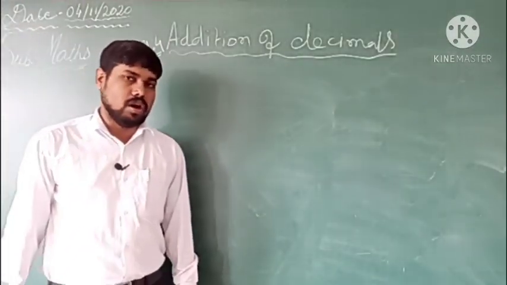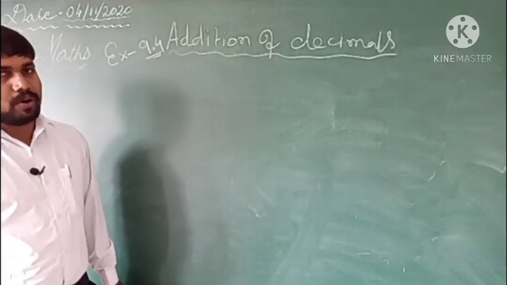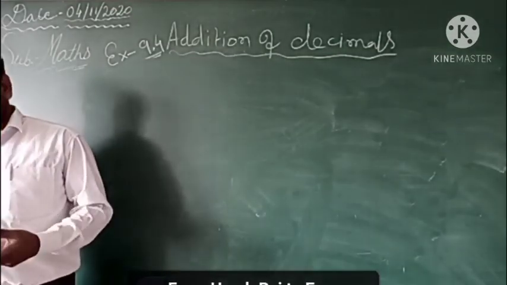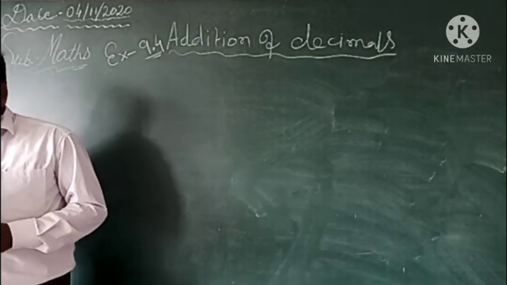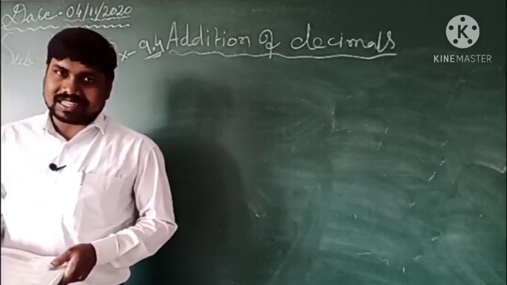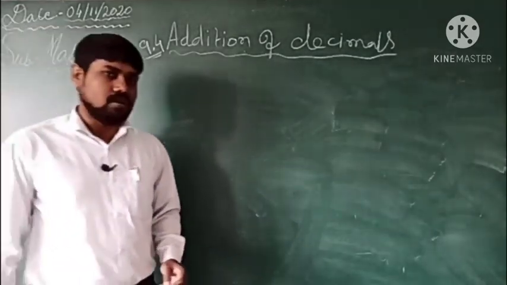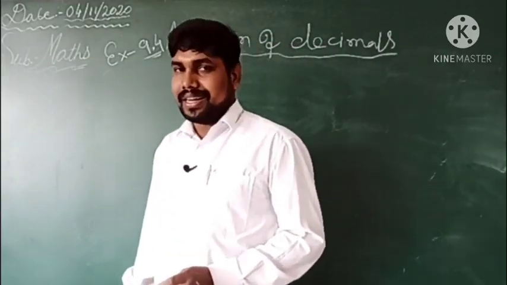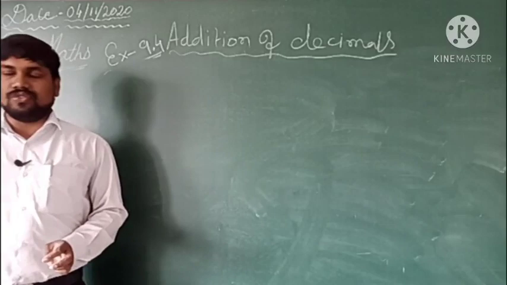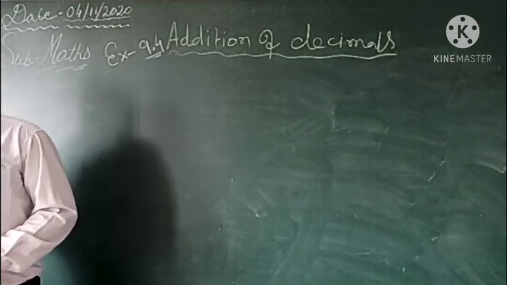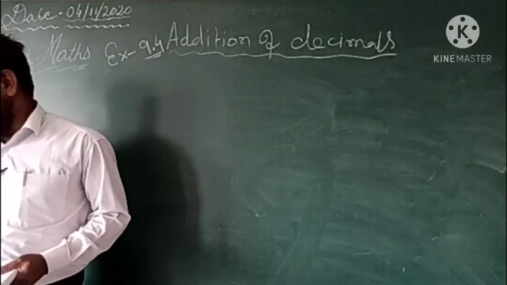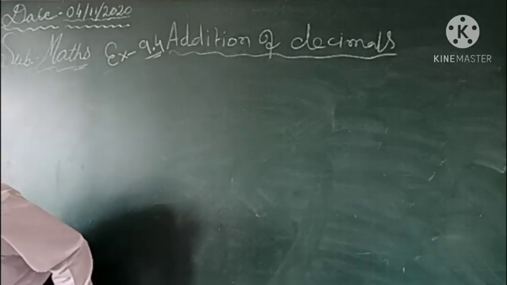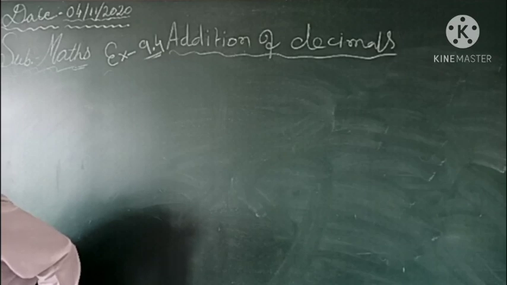Quickly go through exercise 9.4, and if there is any question which you think we should discuss, just quickly tell. There is a lot of space in this exercise, so you can do this exercise in your book also. There is space in the book too, you can make it in the book, okay? But neat and clean, it should be properly written, it should be visible. After the addition we have subtraction. So if you have understood, you can write yes, you understood. If you have not understood, quickly tell me that you have not understood. Okay.